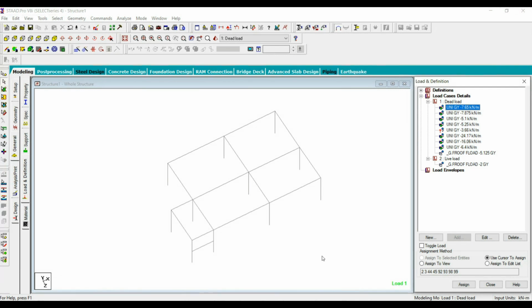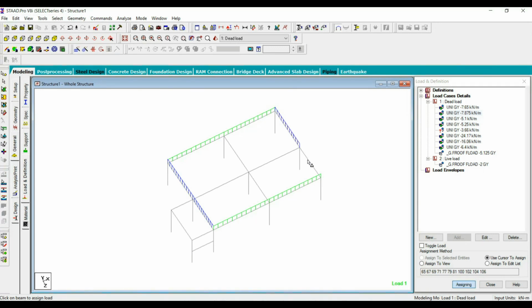First, let's add all the wall loads. Stair load we are assigning, and then cantilever slab load.